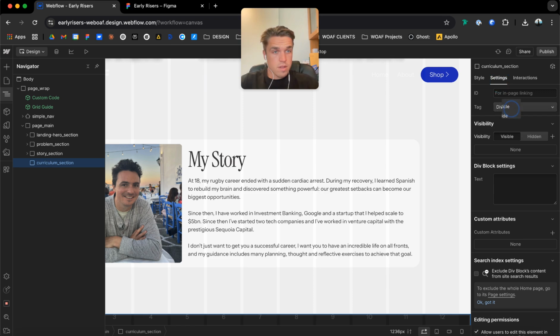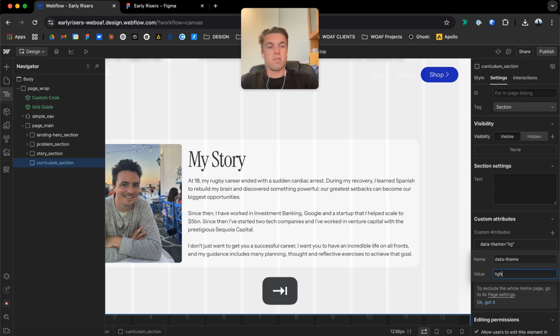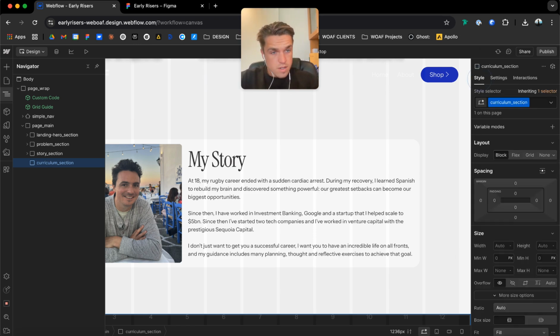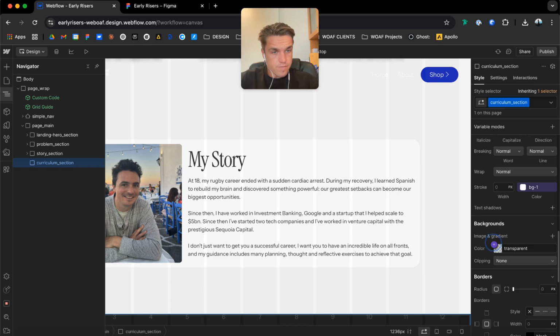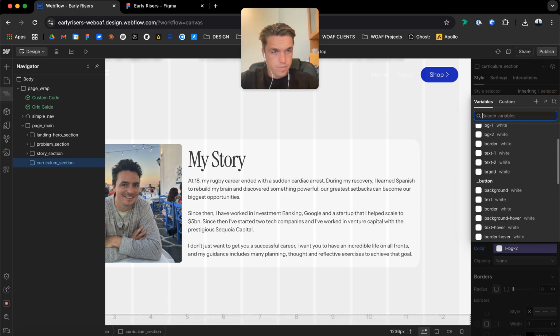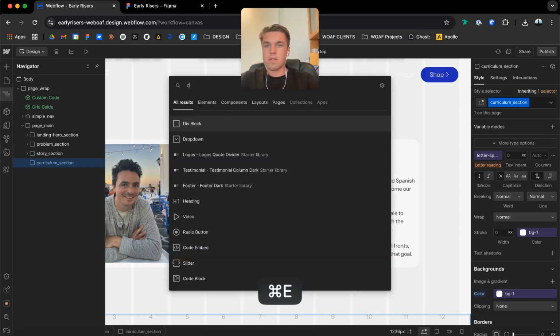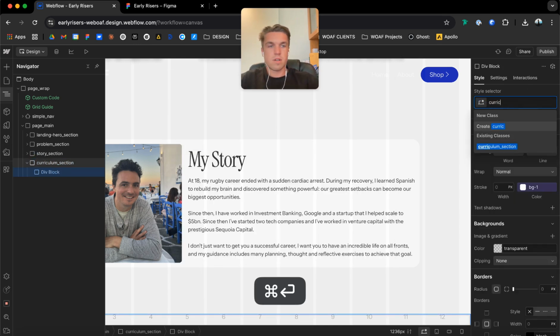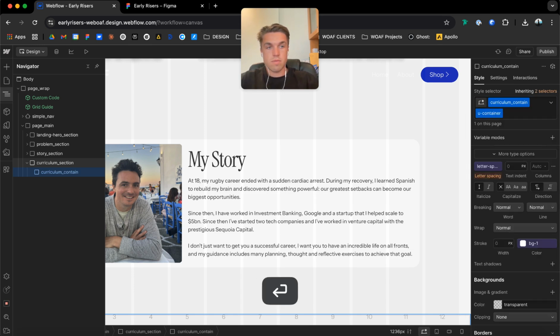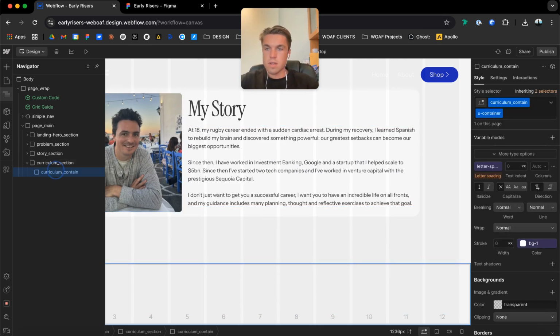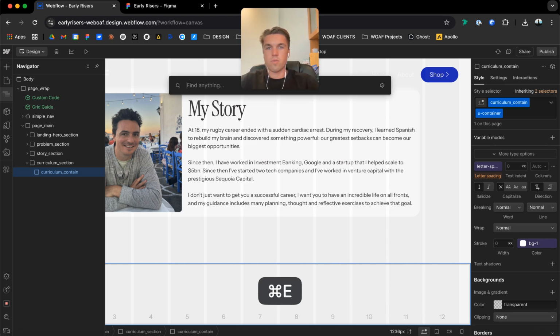Again, this is kind of tedious. If anyone can think of a better way, do let me know. Style, background. Div curriculum, container, and then in here we're going to put,